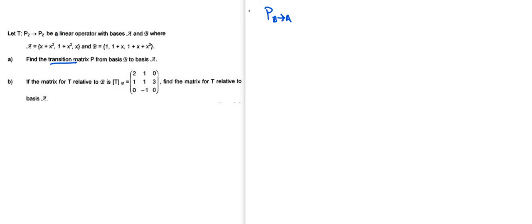this one can also be denoted as P_A,B. So be careful whether you are using an arrow or a comma, it is different. So we want to find the transition matrix P from B to A. So this is equal to, so we start with